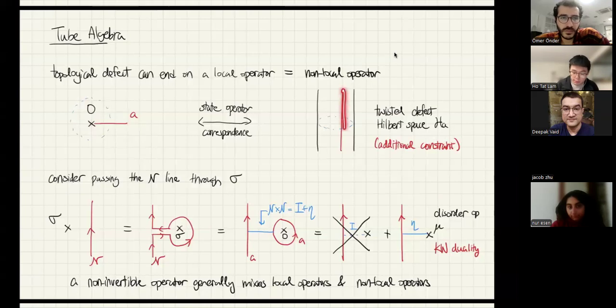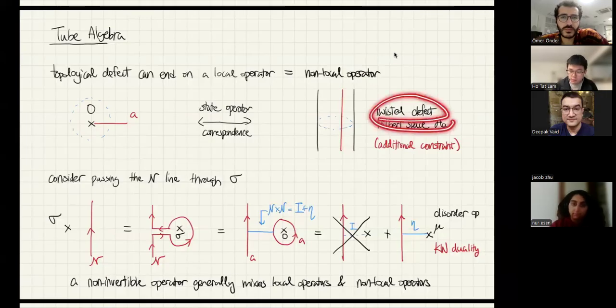And what this topological defect does is that it's twisting the Hilbert space on cylinders to what's called twisted defect Hilbert space. So it changes boundary conditions on cylinders. As a result, this operator O is mapped to a state in a completely different Hilbert space. It's mapped to a state in the presence of this defect, and that's why it's called